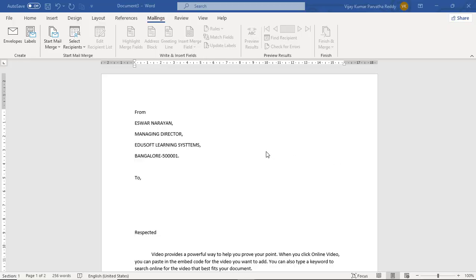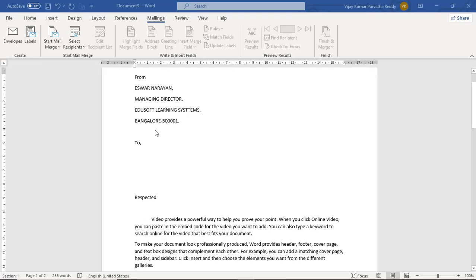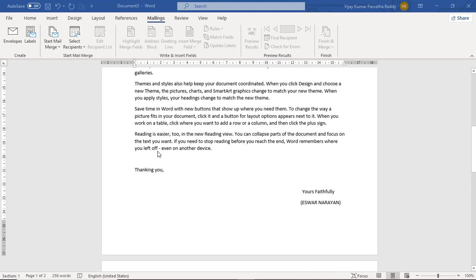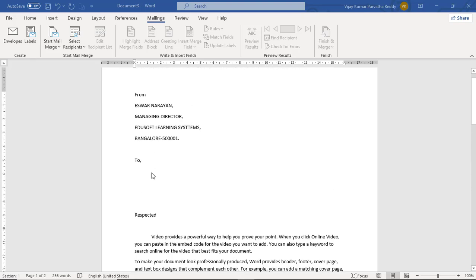In this session, you will learn how to prepare mail merge, how to use mail merge. The mail merge option is used to prepare multiple documents using a single document. So that means, suppose you have one format like this, one letter like this, if you want to send